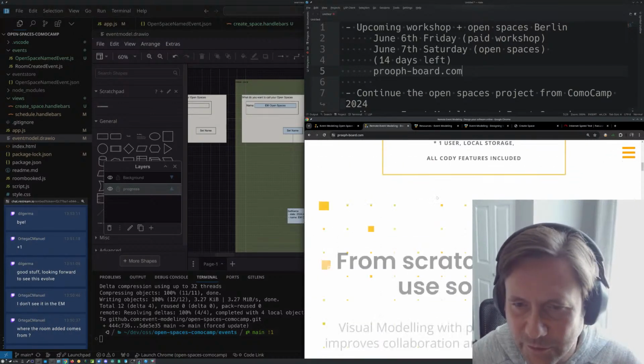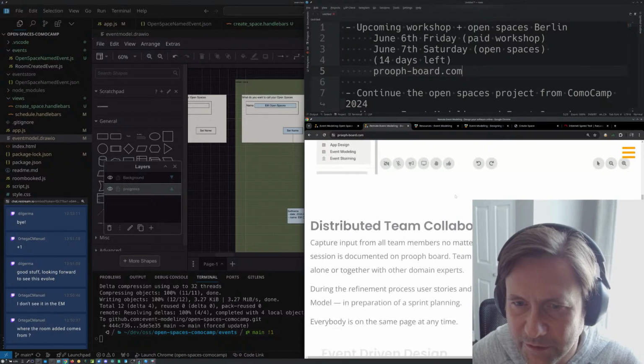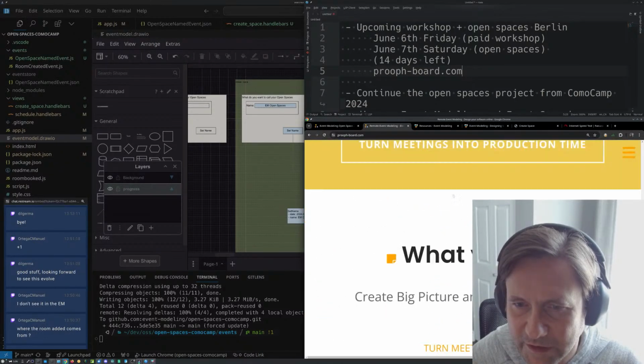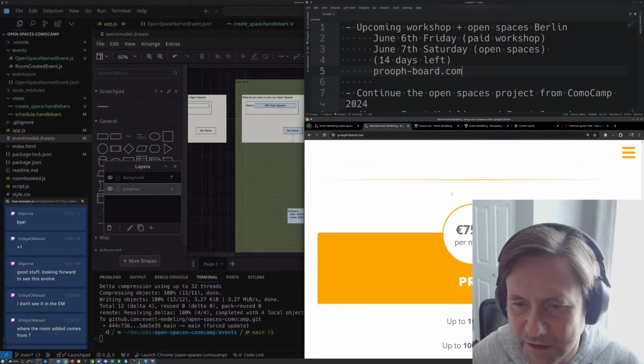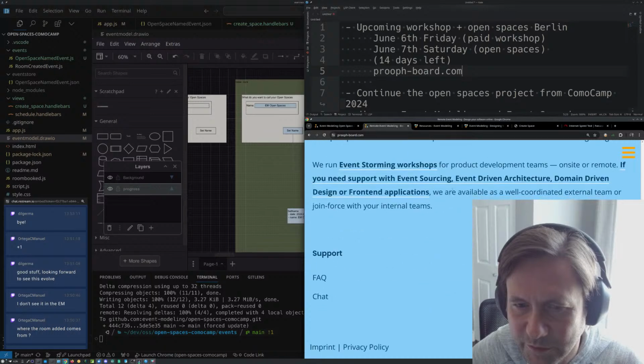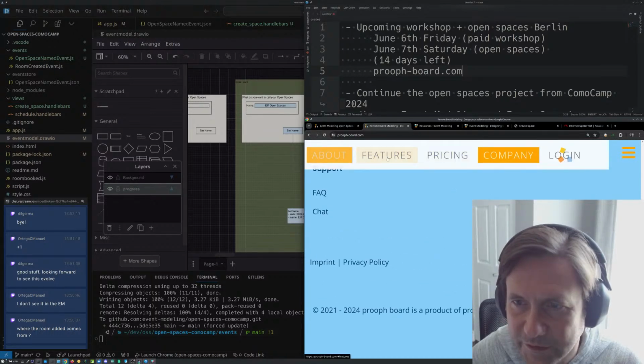So here's the Proofboard. I don't think there's a link to it in here. That's all of the Proofboard features about login.